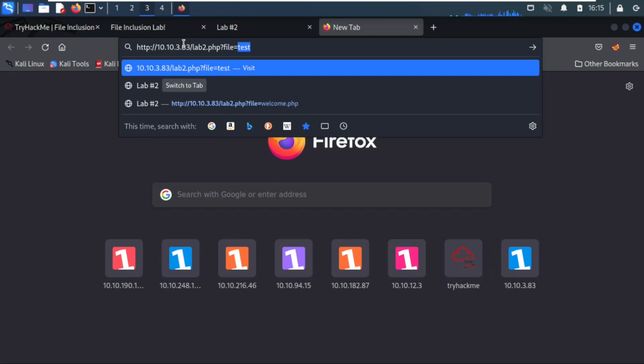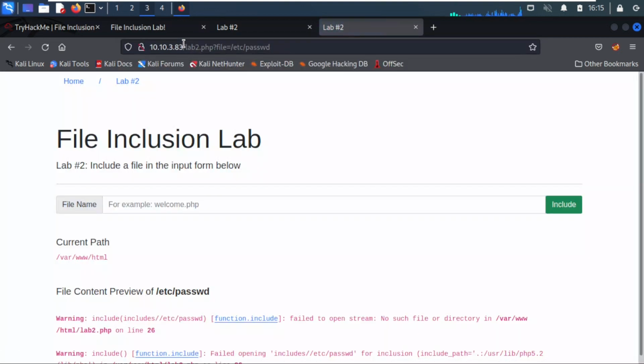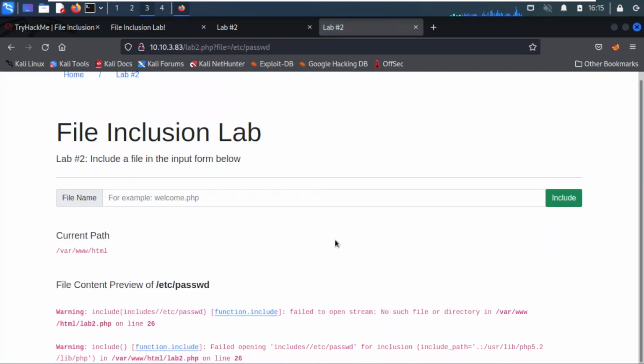It shouldn't, but let's try it anyway. And it doesn't. You see, it just concatenates the